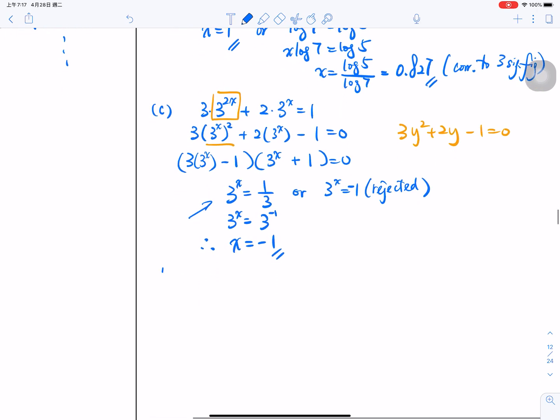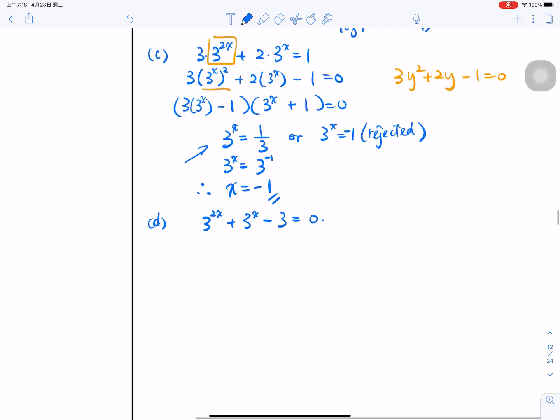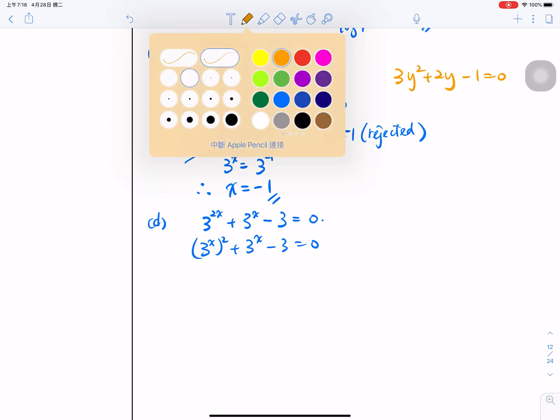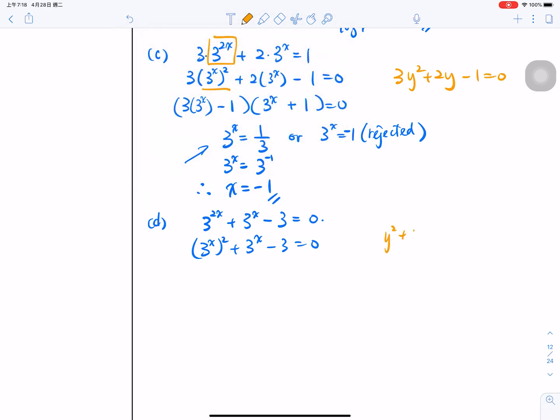Part D. 3 to the power 2x plus 3 to the power x minus 3 equals 0. How to solve this one? Again, write it as (3 to the power x) squared plus 3 to the power x minus 3. This time, y squared plus y minus 3 equals 0. And you find that this one cannot be factorized,